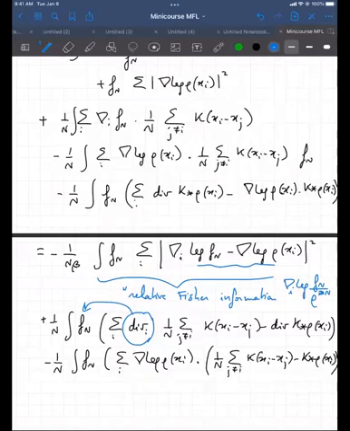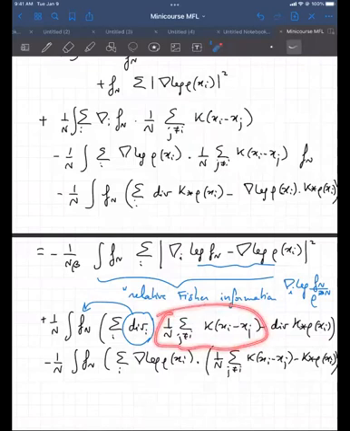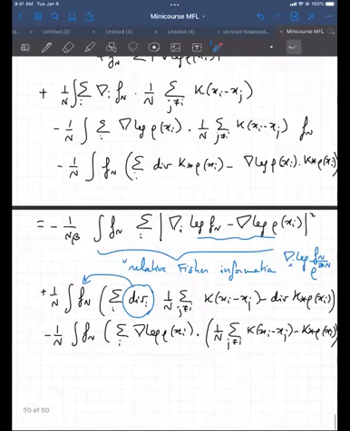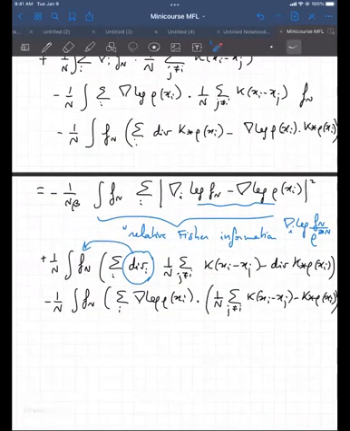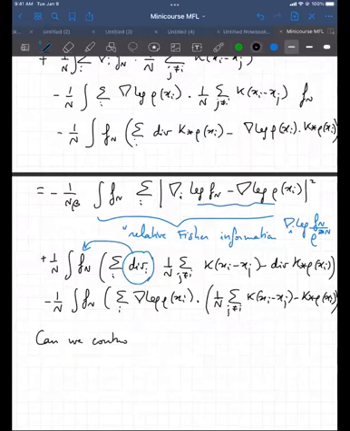Because this divergence here is only hitting this guy, and this divergence here is hitting that guy. So you see the parallel, right? This is a sort of discrete version, and this is a sort of continuum version, because if you believe that the empirical measure is very close to rho, this term is well approximated by this term. So you get this discrete version, continuum version, etc. Okay, so very good. So now, can we control this? The question is, can we control this by the relative entropy itself? It's not looking so obvious, no?